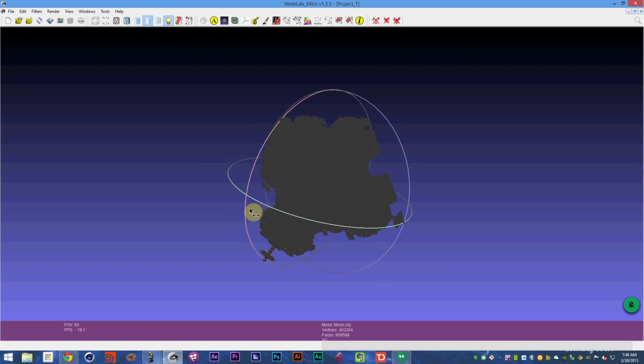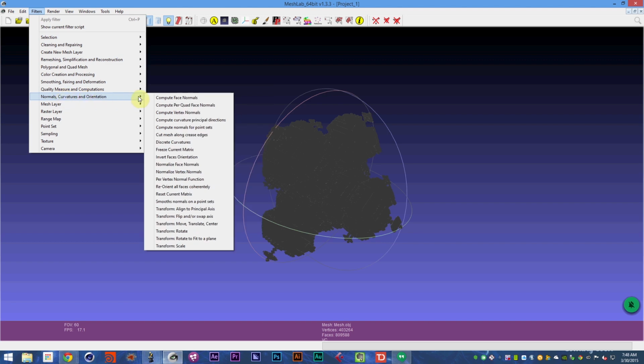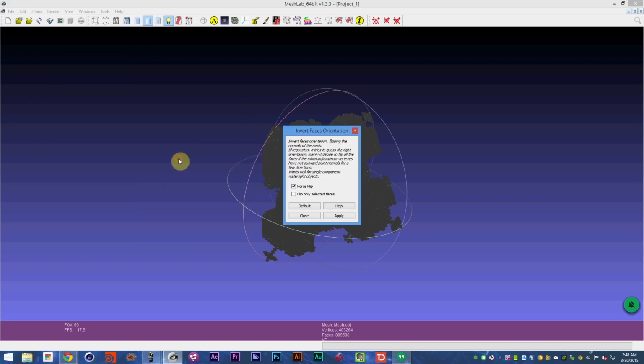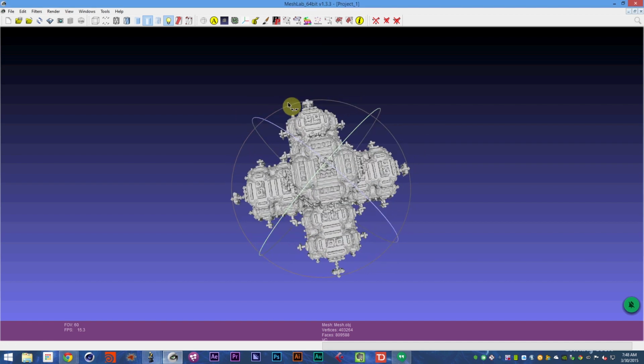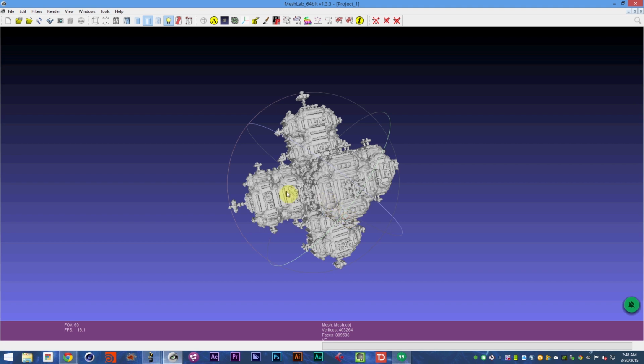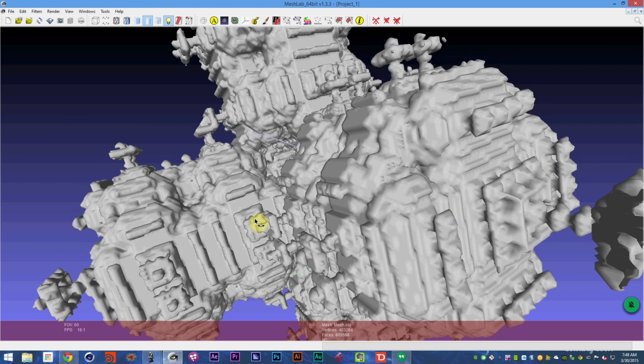So one thing right now to notice is I think it's not rendering properly, so if we go ahead and just go to Filters, Normals, Curvatures, and Orientation, and then just invert faces orientation and apply it, we'll be able to see the Mandelbulb itself actually. So you can actually go ahead and render this in your software. So as you can see, it's good,